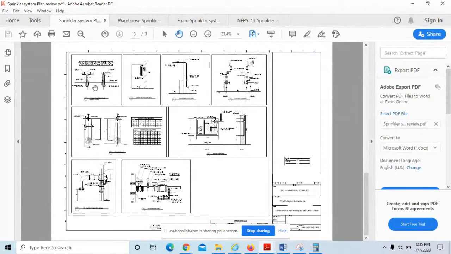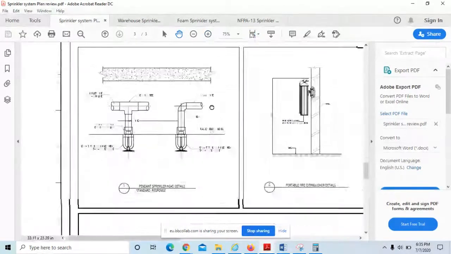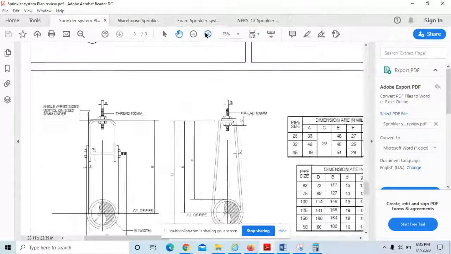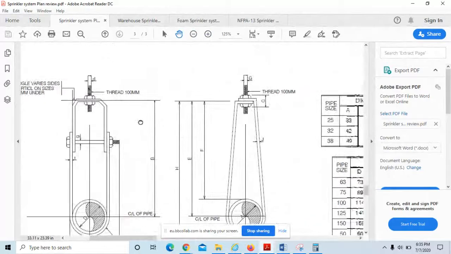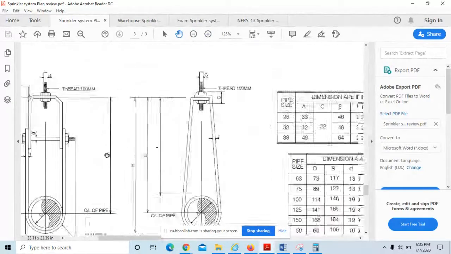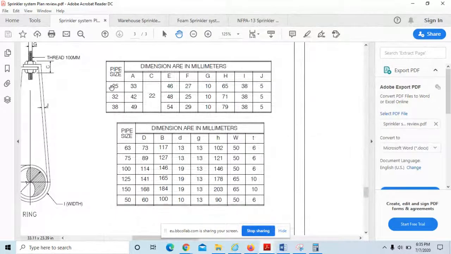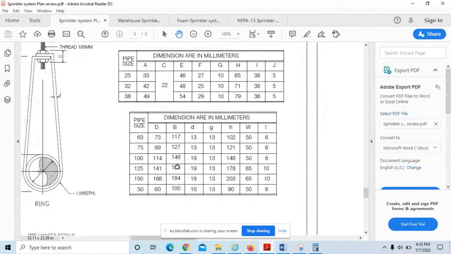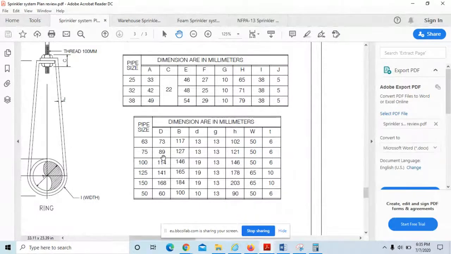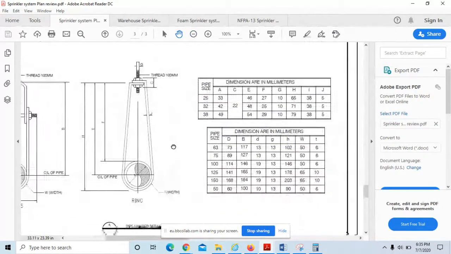So we discussed the sprinkler system, extinguishers, drain pipe, and risers. Now let's look at the schedule of the hangers. They are going to use these hangers and all those rod sizes, and they should be as per this schedule, right? This is the pipe size, and this is the dimension in millimeters, as per NFPA 13 chapter 9. So if it is applicable to that, it's okay, right?